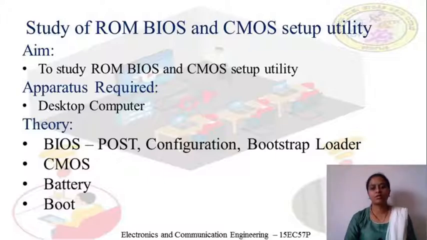Sometimes there may be CMOS read errors, or there might be checksum errors, or there might be battery failures. Initially, when the battery fails, your CMOS first loses the time and date settings. When there is complete failure of the battery, then whatever configuration settings you have stored, everything will be lost. So what will you do when all the configuration settings have been lost? Your battery has failed. So you have to replace it with a new battery and then re-enter all the CMOS configuration settings.